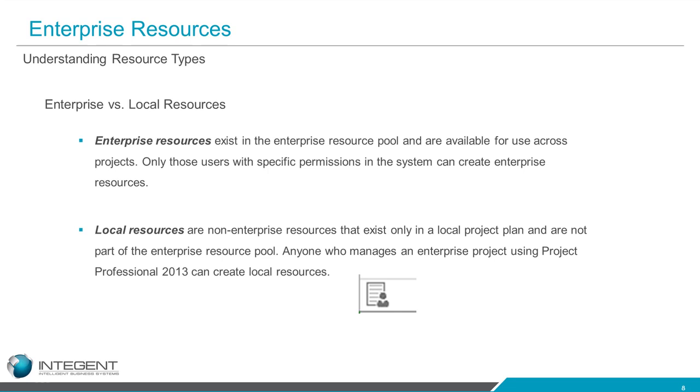Enterprise resources are very different from local resources in that, again, they are created by your administrators and added to the enterprise resource pool so that when you add that resource to your project team and then go ahead and publish your project, that information is pushed out to the resource. So the resource would know that they've been assigned to a task in your project plan. That task would actually show up on a task page or a timesheet, depending upon what type of tracking method